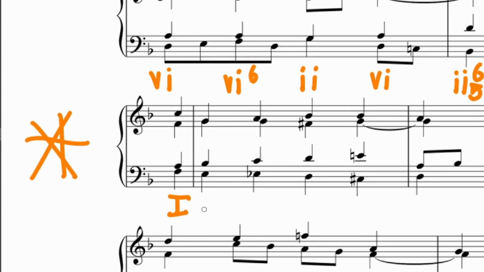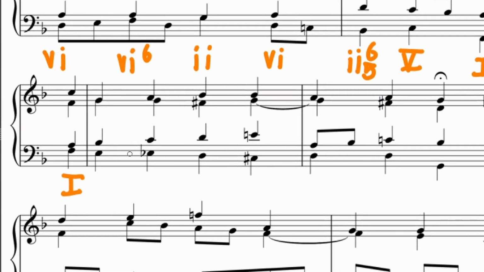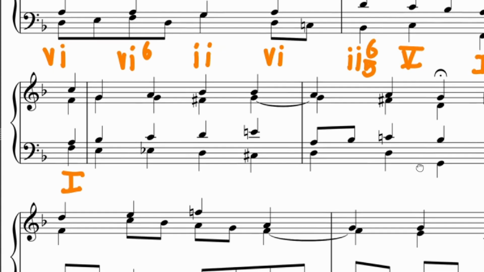Okay. This is also the star. In case you didn't know, this is also, in fact, this star. Okay. So that means we're getting into something here. There's a lot of accidentals. So usually the best way to look at something that seems like it could be a modulation is to